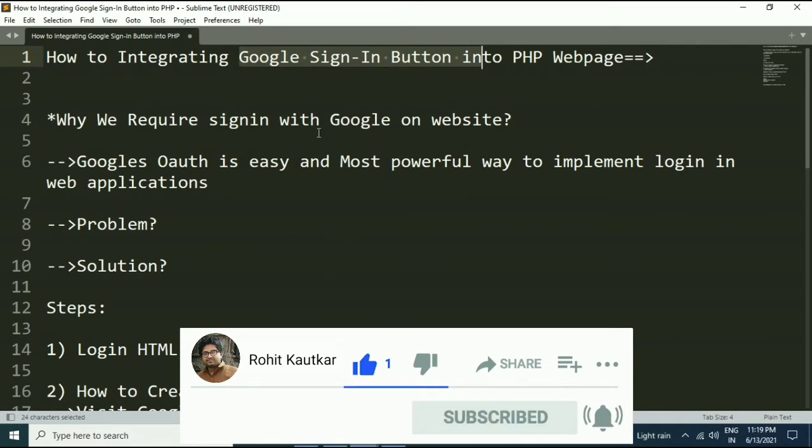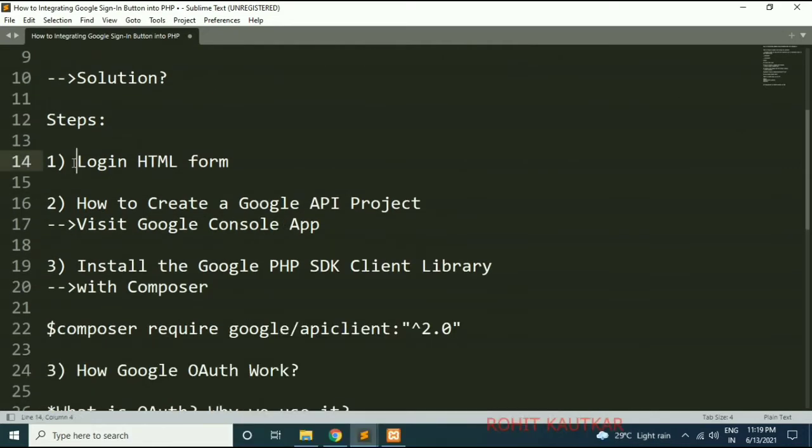First of all, friends, let's see what steps we are going to follow in order to integrate the Google sign in button within our web page. First, we will see the HTML form within which we want to integrate the Google sign in button. Then I will show you how you can create the Google API project. Then we will install Google's PHP SDK client library with Composer.